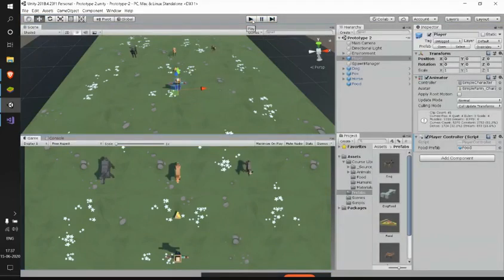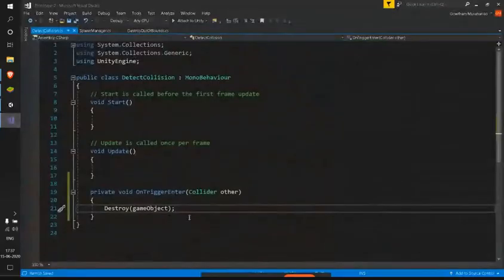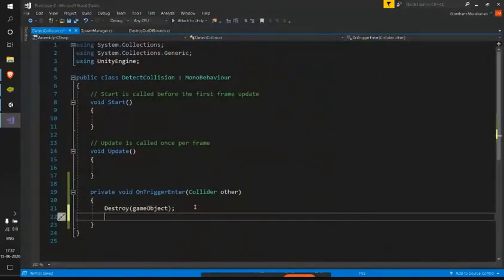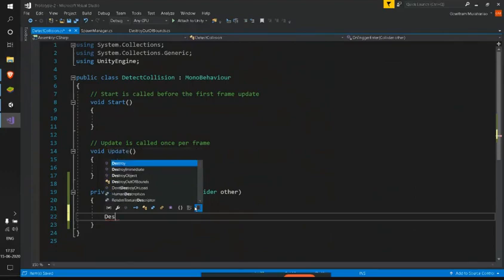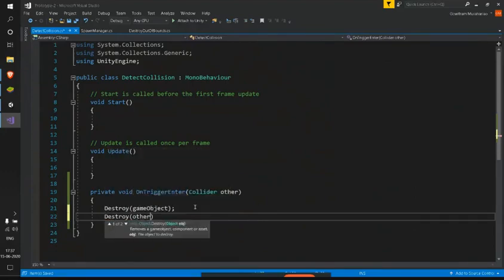It's not enough to delete only our game object. We need to delete the animal also, right? To do that, we'll be using the other keyword. So we need to destroy other.gameObject also. Here this script is attached to our food prefab, and on the food prefab we have this collider as trigger, right?